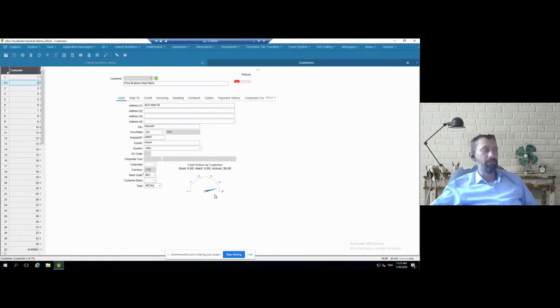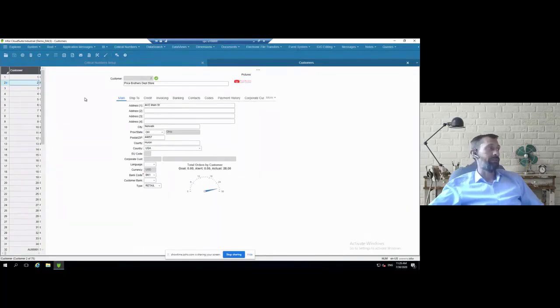It's a very simple example, but I'm hoping it helps illustrate some of the things you can do within critical numbers, right? This might not be overly useful, but maybe adding some filters to say how many open orders does this customer have, or how many orders with a specific ship to address, right? So again, very easy to add your own custom critical numbers, and also very easy to add gauges to a form. The very last thing I want to show you is a couple examples of what gauges may look like